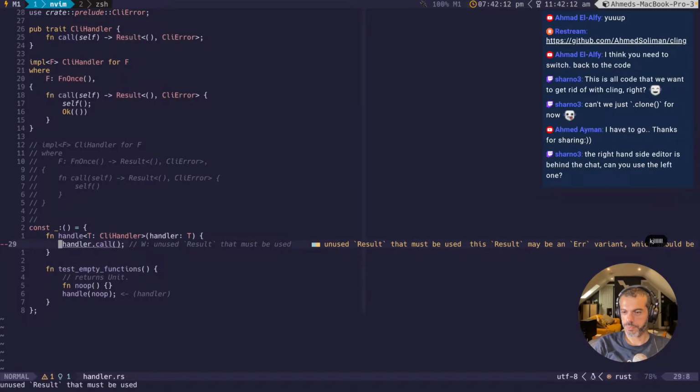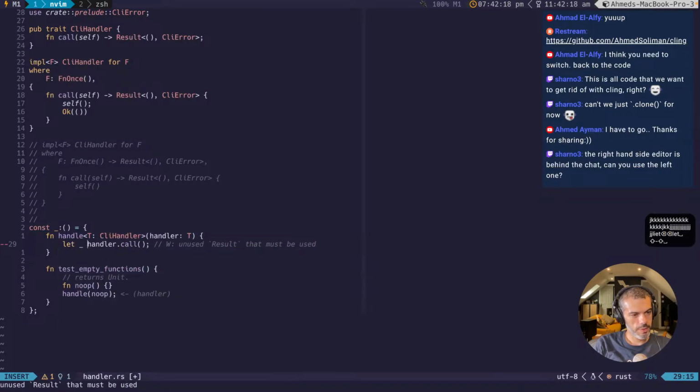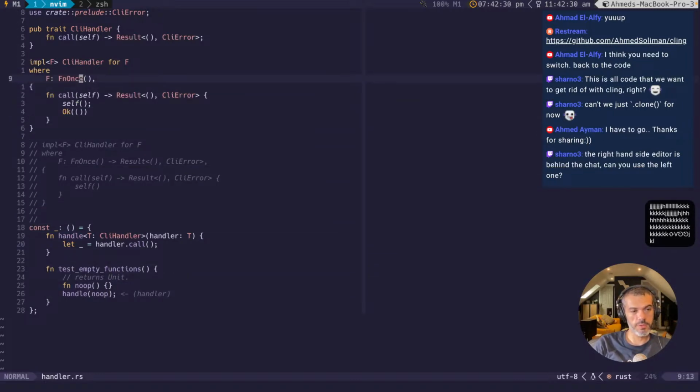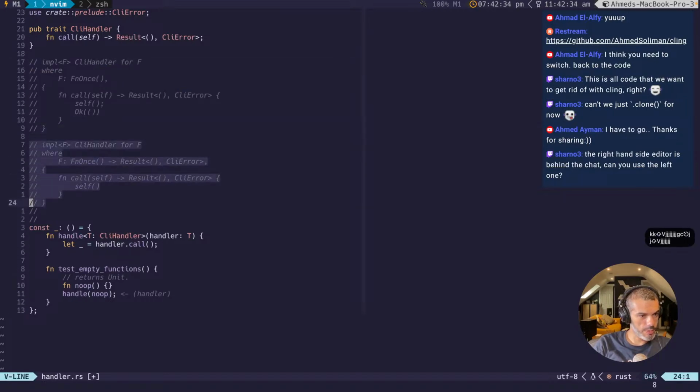Unused result, which is fine. So yeah, this seems to compile just fine. The empty function that takes no arguments can be passed to handle because it matches this condition, this bound. But if we comment this and use that one instead,